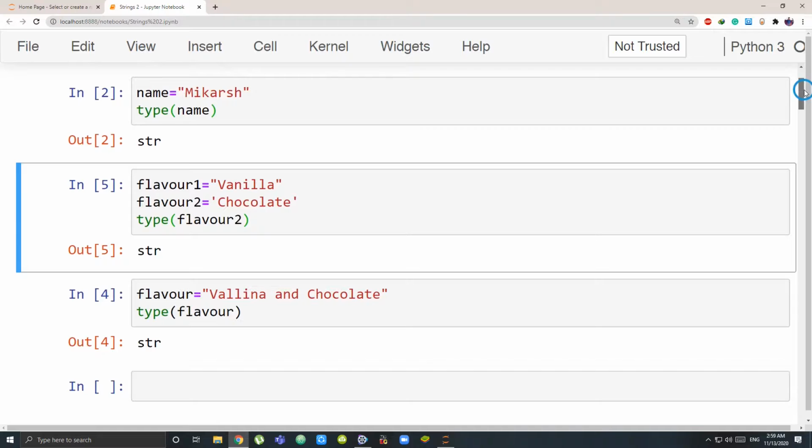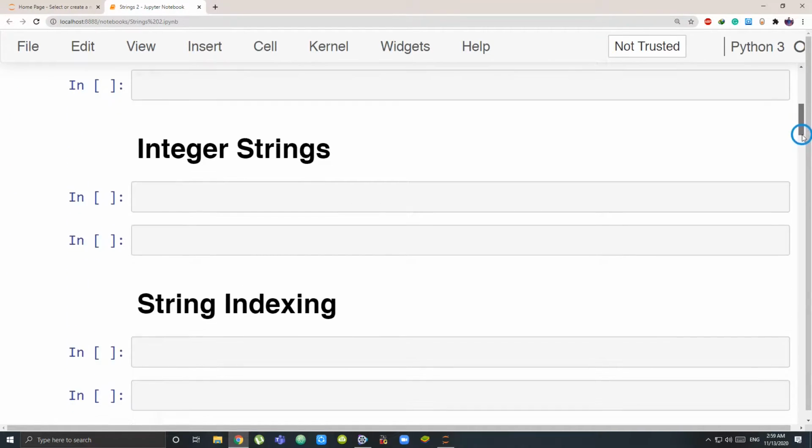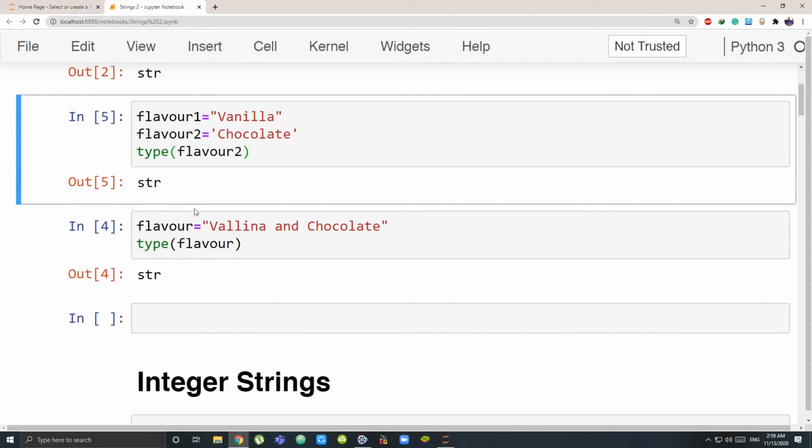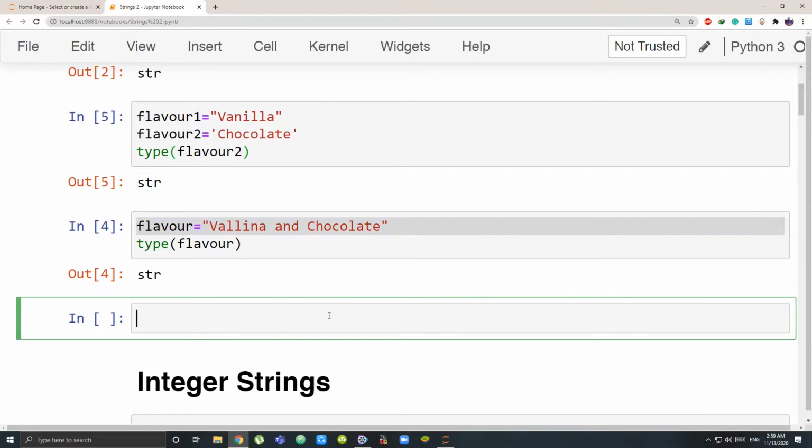Now this is a way in which you store strings. Now one more thing, you can have integer strings also. I forgot to tell you, inside your strings you can have, these are just alphabets that I've used. You can also have something like vanilla and chocolate. Let me just make another. So I can have a sentence. Let's just keep the name as sentence. I am 5 years old. And I can have a full stop also. So this sentence is a string.